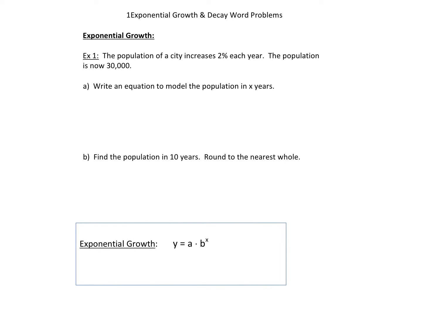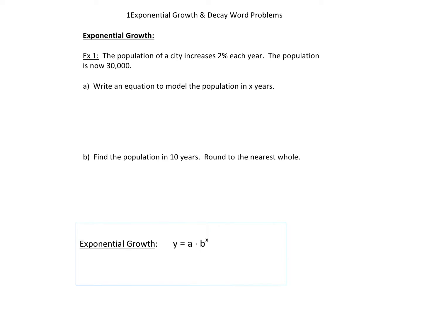Hi everyone, so today we're going to look at exponential growth and decay through real life or word problems that are supposed to represent real life. Some common examples of exponential growth include population. Population grows exponentially. You guys have seen firsthand how this virus has grown exponentially. So you'll see, and bacteria grows in the same way. So you'll see problems that are centered around bacteria growth, population growth, as those are typical examples of exponential growth,